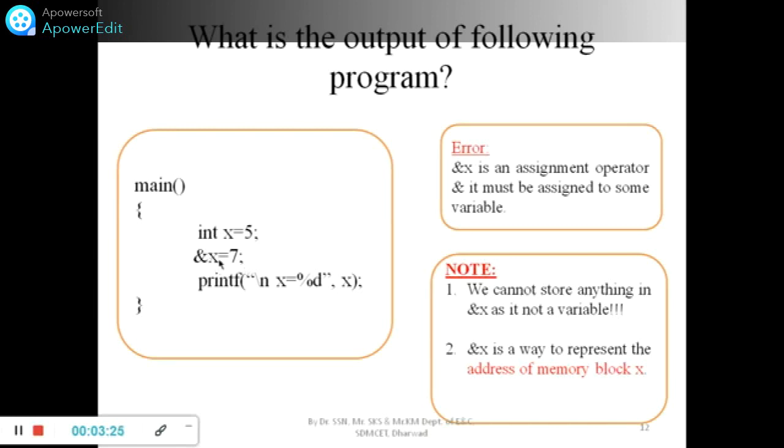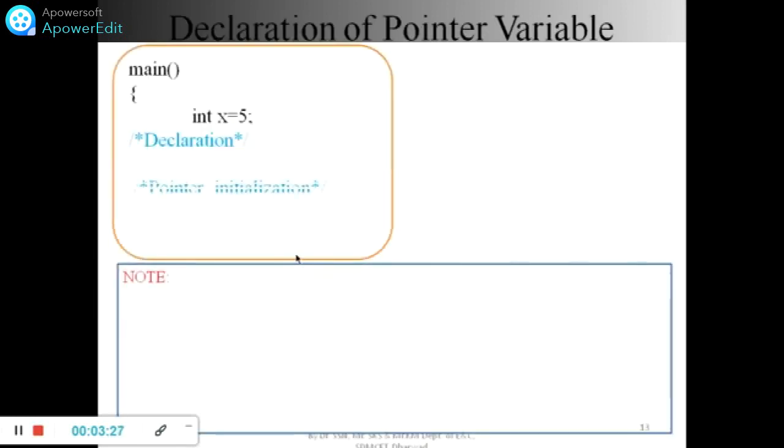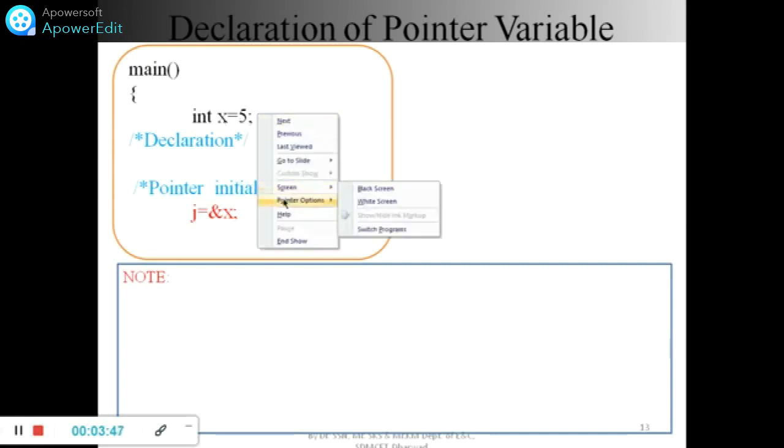It is an operator. Now here I make a simple change: I write ampersand x, which is nothing but the address of variable x. Here I declared int x equal to 5.